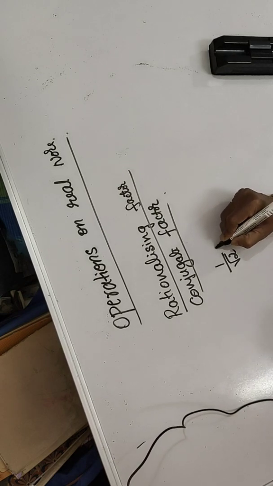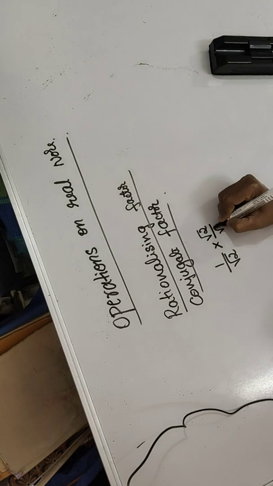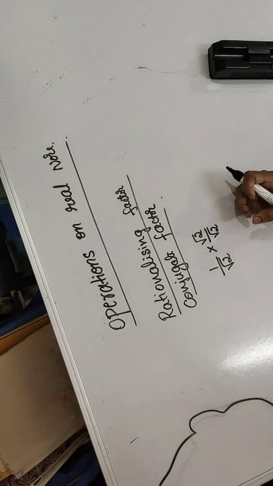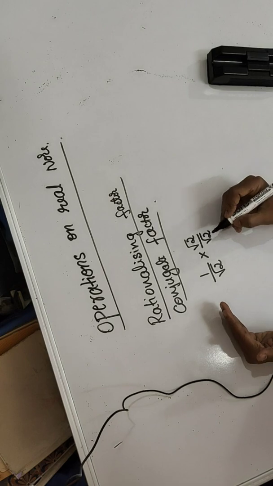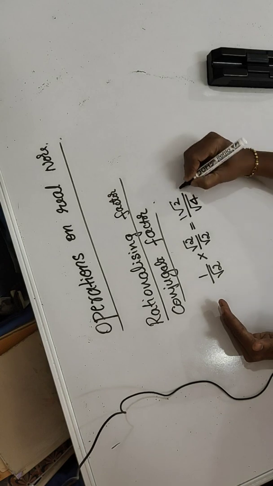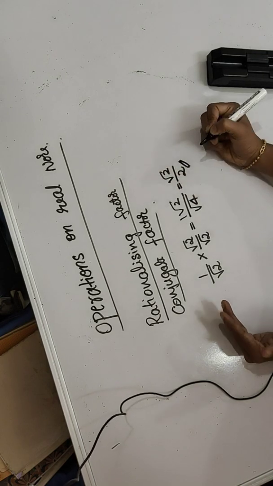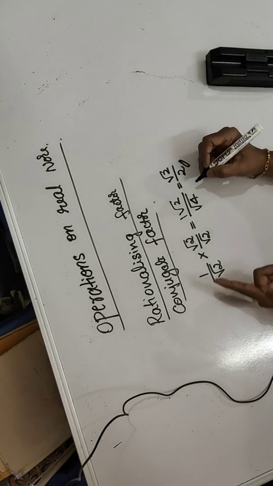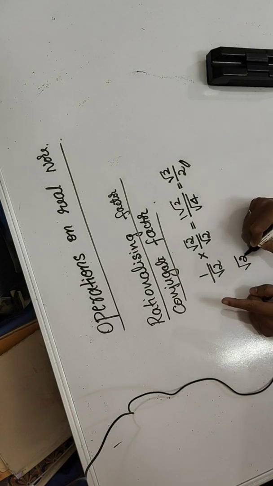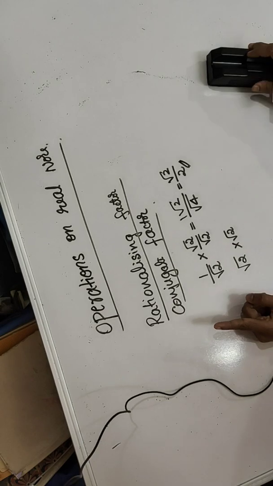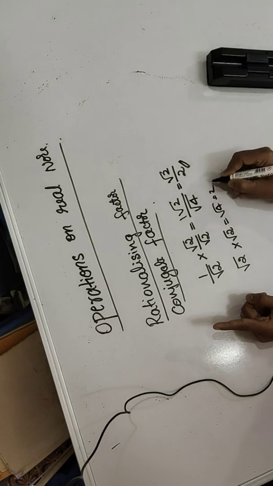So, to remove this root, I have to multiply by the same number. Multiplying means you have to multiply both the numerator and the denominator; you cannot multiply for a single place. Now I am multiplying: this becomes 1 root 2, and this I multiply, root 2 into root 2 means root 4. Root 4 is nothing but 2. See, this is a conjugate factor. So the conjugate factor of 1 by root 2 is root 2. What is the conjugate factor of root 2? Root 2 itself. Therefore 2, like this.